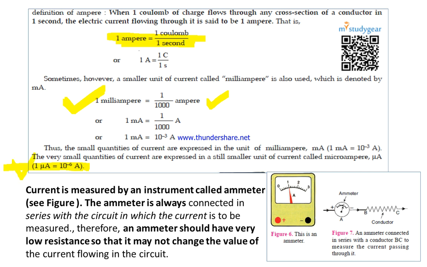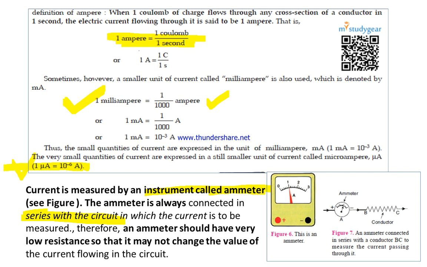So that is 1 ampere, or you can say a milliampere also, and there is also a quantity that is microampere. Now a very important point: how can we measure a current? To measure a current, we generally use a device that is known as an ammeter. One thing to be noted is that it is always connected in series with the circuit. In series means in the same line or in the same path of an electric circuit. So it is connected in series.